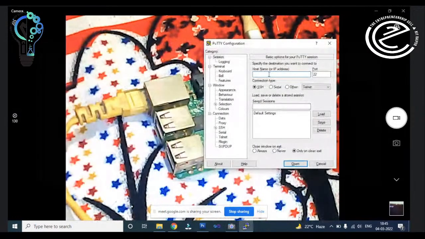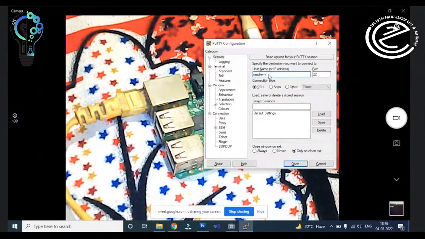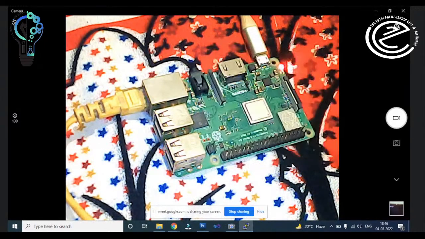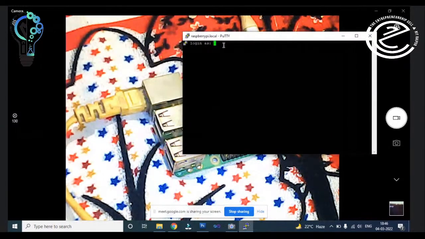Now, after connecting the LAN cable, you need to write here the hostname raspberrypi.local. Okay. And you need to open the window. Then you will get a login ID and password, right?